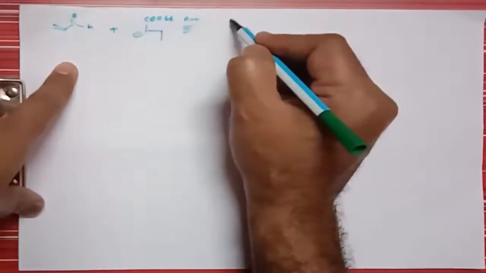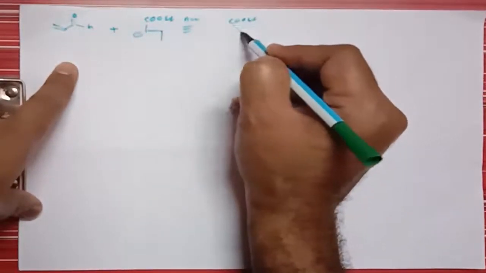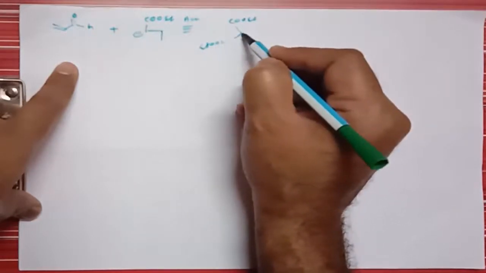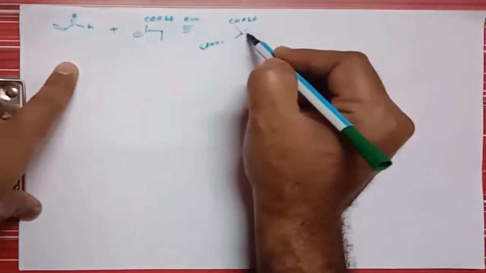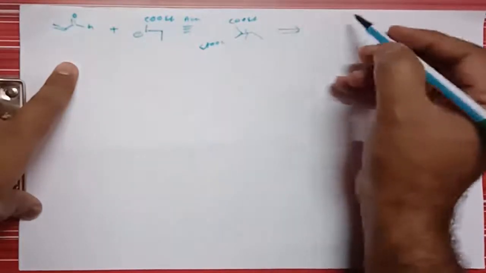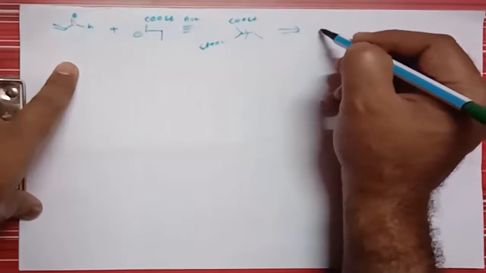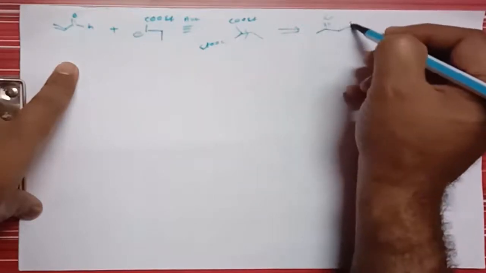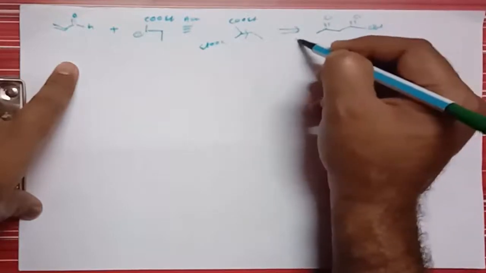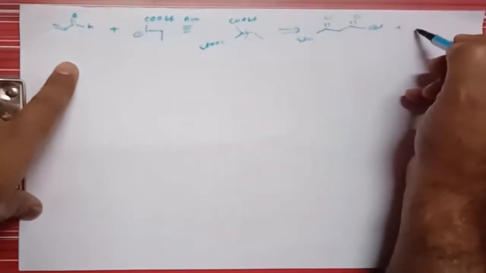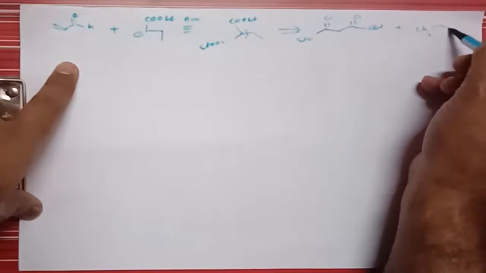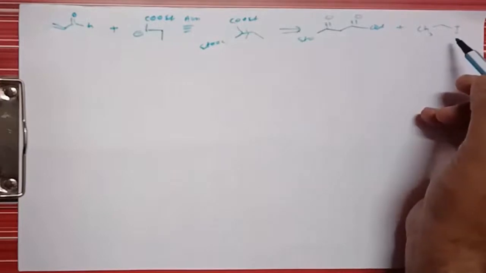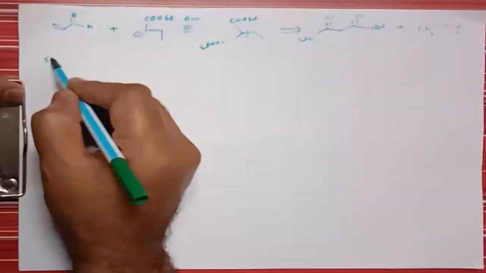How can we activate this position? By introducing another ester group, that is COOEt, then CH2 CH3. Then we can break the molecule at this position, and it gives OEt, plus along with it gives CH3 CH2 iodide. Right? So this molecule is also available, this is also available, and then we can go for a synthesis.